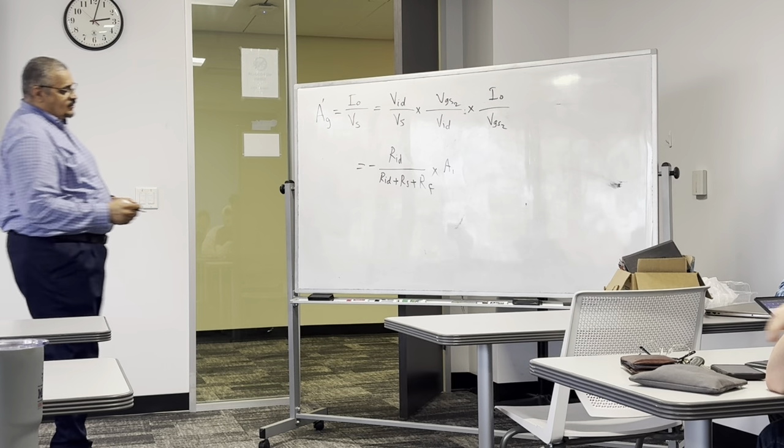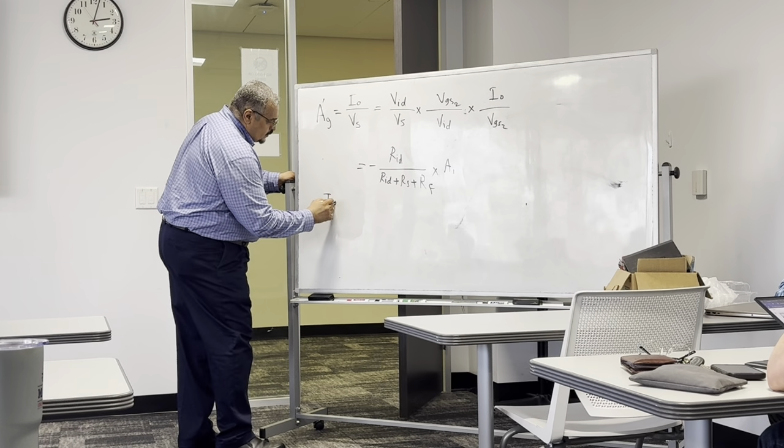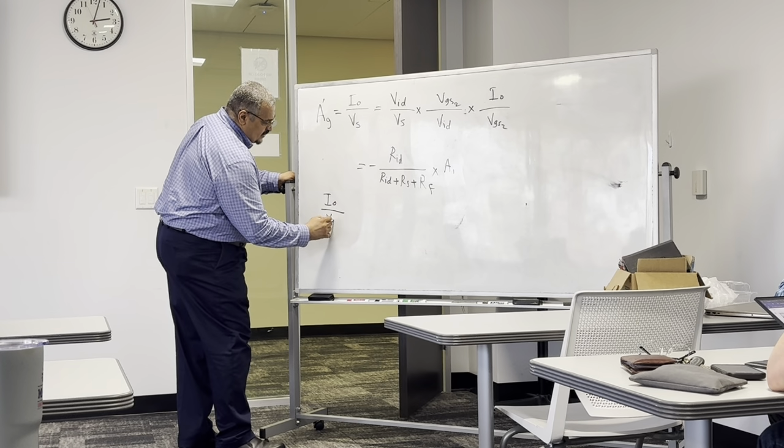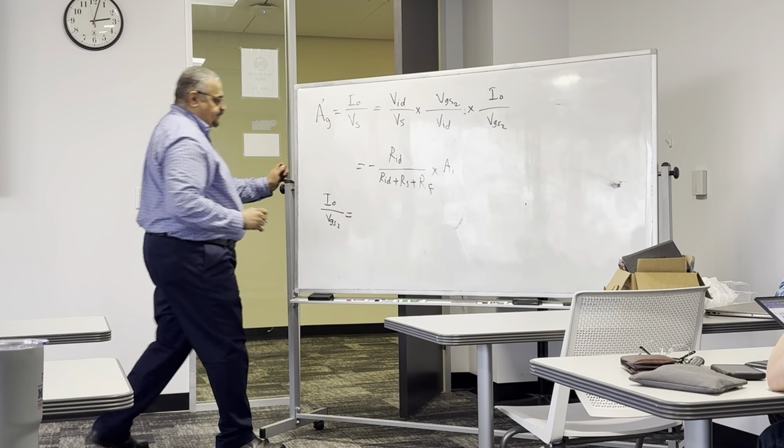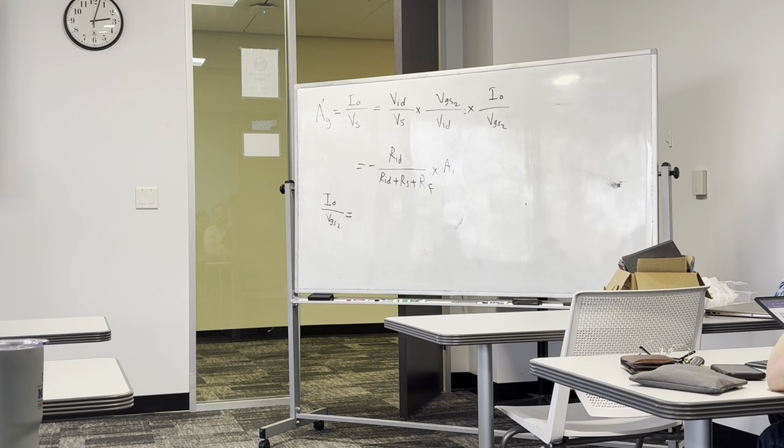Okay, let's do it here. IO divided by VGS2. This current is this current multiplied by this current divider, right? Yeah. So this current with respect to this current is a current divider with a negative sign, right? You see the negative sign here? Because this goes this way and this one goes this way. So there is a negative sign